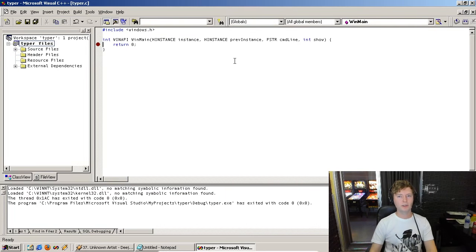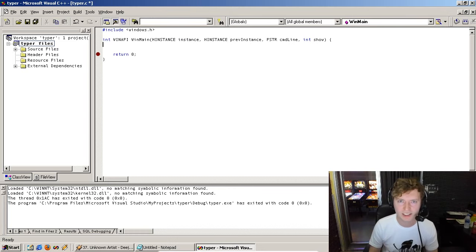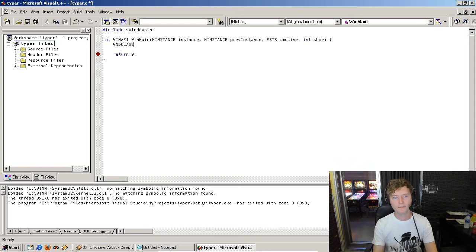All right. So the first thing we need to do when we're creating a window on Windows is we have to register a window class. A window class is a concept sort of like the edit control, like we're going to be using later. The edit control is a kind of window that you use over and over and over again. So this is a way for you to reuse the window types that you make. Let's use WNDCLASSEX,